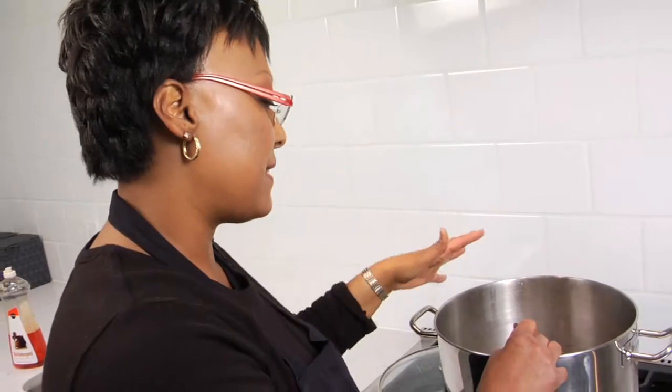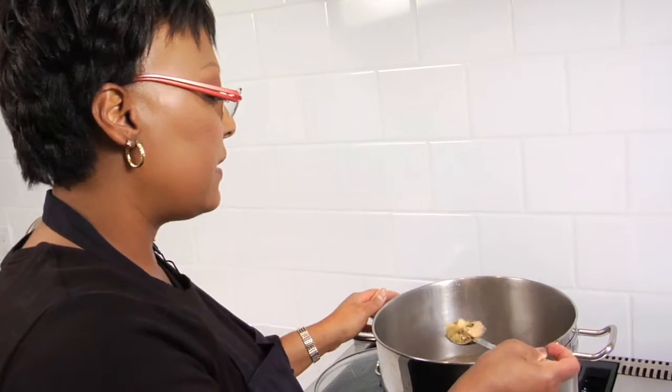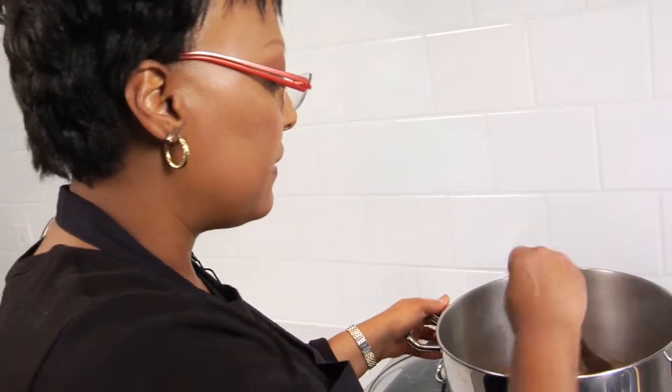Okay, we've put all of the ingredients into this big stock pot. Now keep in mind, you have to have a large pot to cook this in, because it's going to yield about 10 quarts of gumbo. And so I've added the chicken, the sausage, the fish, the cod,